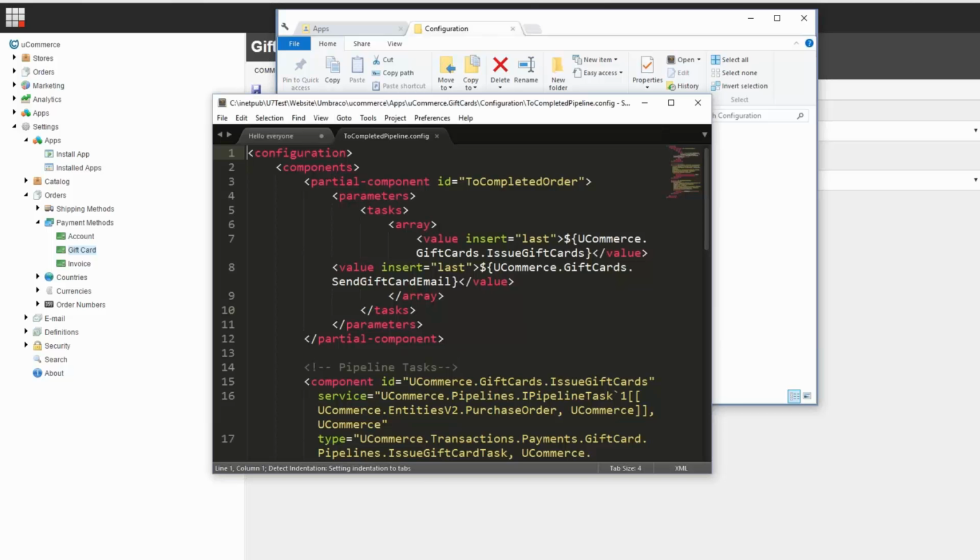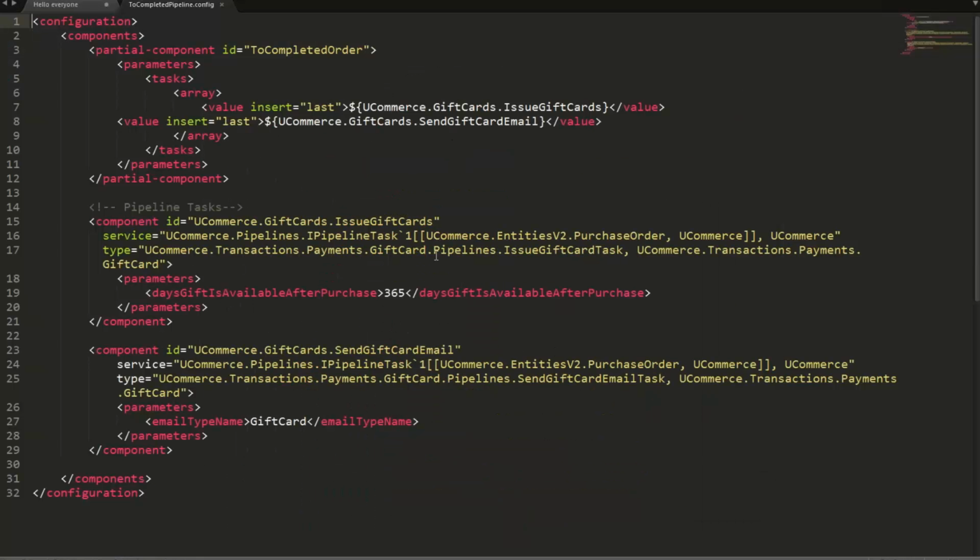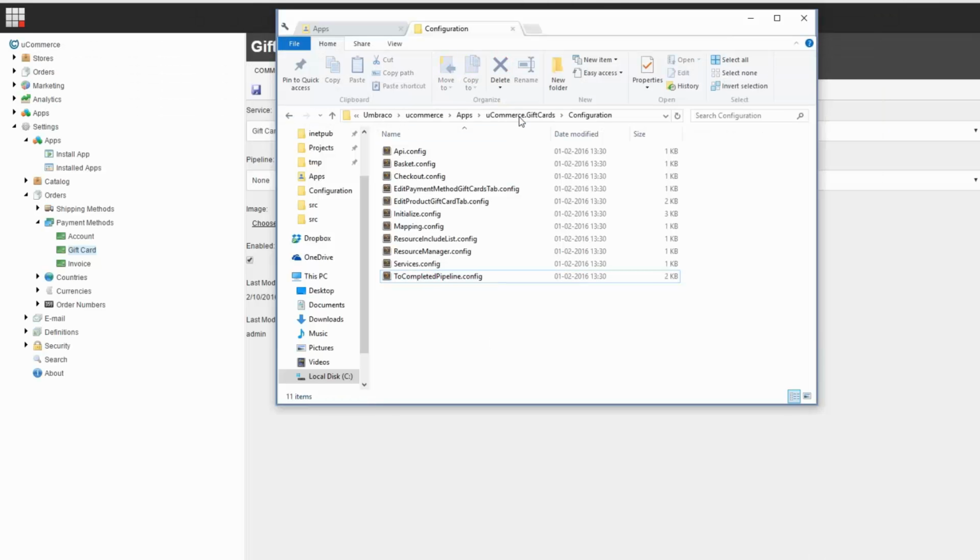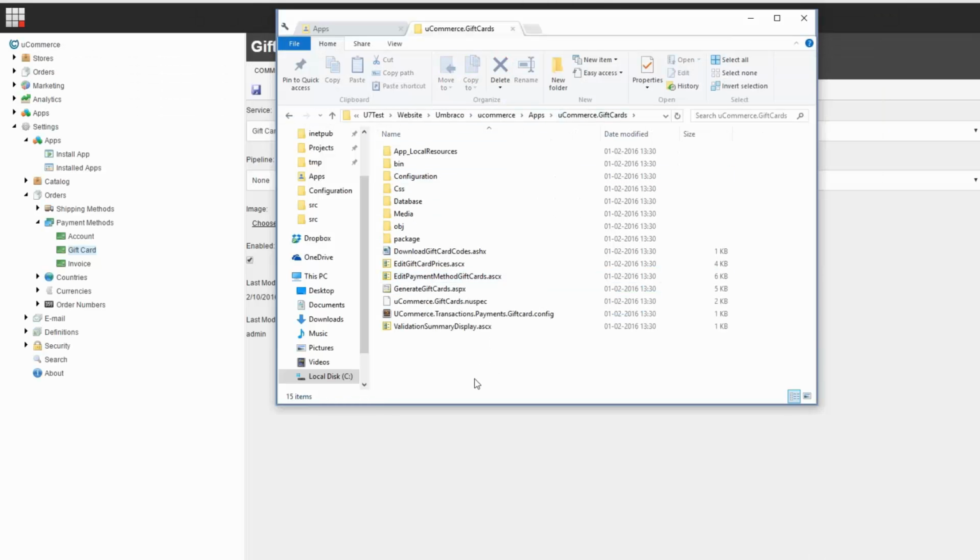So you'll notice here how it actually hooks via pipelines that you've seen a ton of times before into the existing one, but it doesn't actually modify the files. And so removing it becomes super simple. You just remove this file and it's gone. But it hooks into an existing component of uCommerce, and this is the way the rest of the app platform works as well. What you'll also notice inside here is that it not only contains the UI and the configuration,